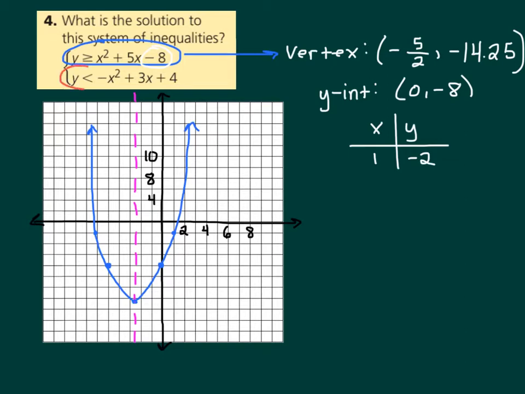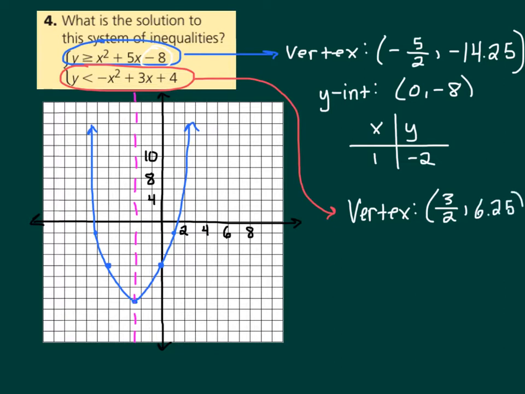So now we are going to move on to the second parabola. What is the vertex? X part is 3 halves, and using probably the table in the calculator, we get that the y part is 6.25. So make sure you can use the calculator appropriately to get 6.25. So our vertex is going to be right about there. What is the y-intercept in this one? X is always 0 at a y-intercept. What's the y value? The y-intercept, if the equation is in standard form, is c. 0, 4. So right there,